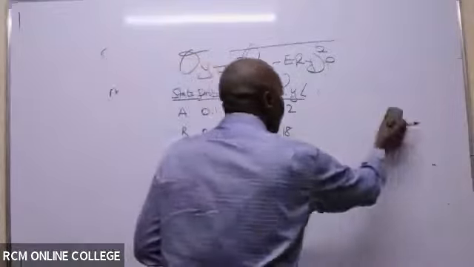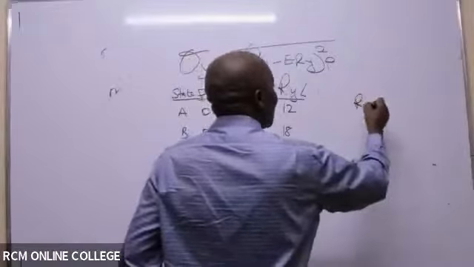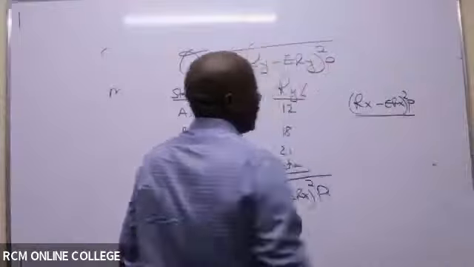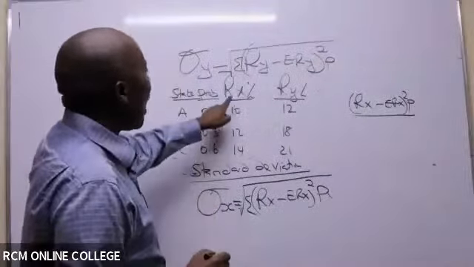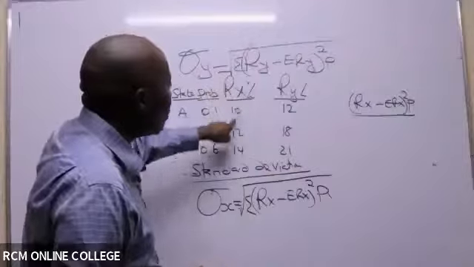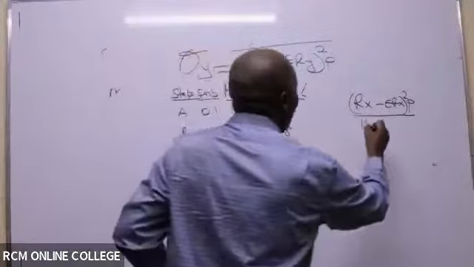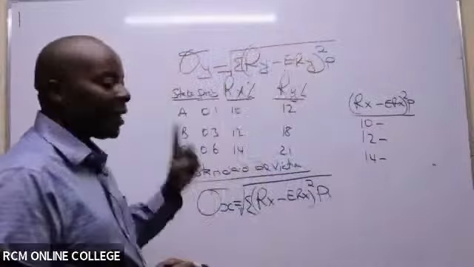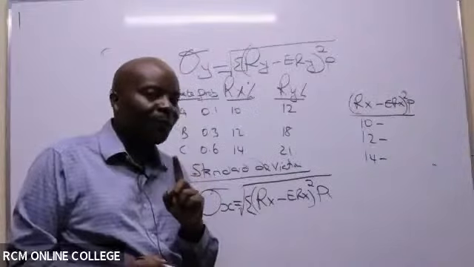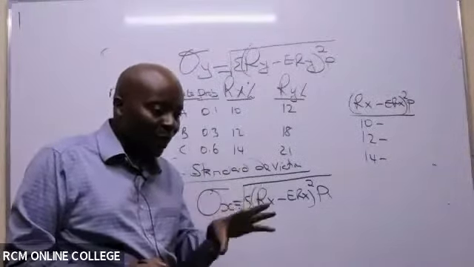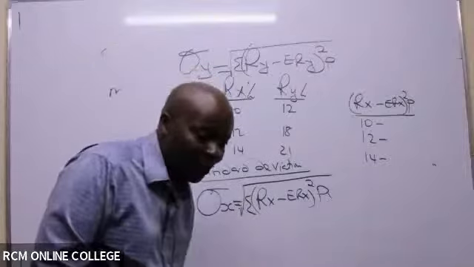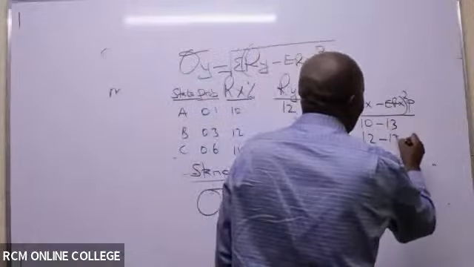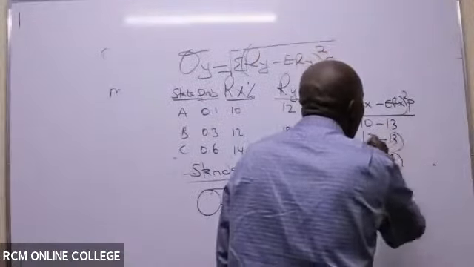So, ladies and gentlemen, I would want us now to create a table here and capture this rx minus erx squared times probability. So first of all, I will copy these, the actual returns of x. We have 10, 12, 14 minus expected returns of x. Is there somebody who can remind us the expected returns of x? Is it 12? It is 13. But at least you have given us a figure. So 13.